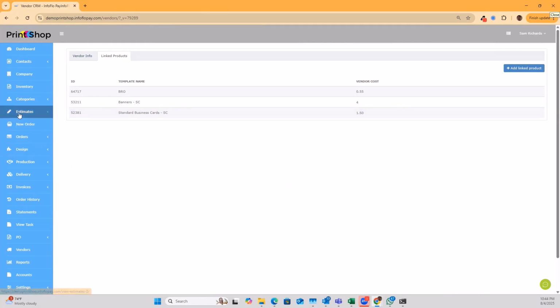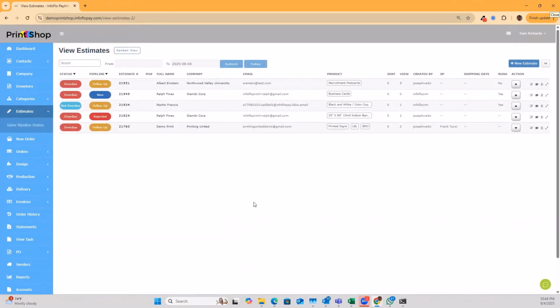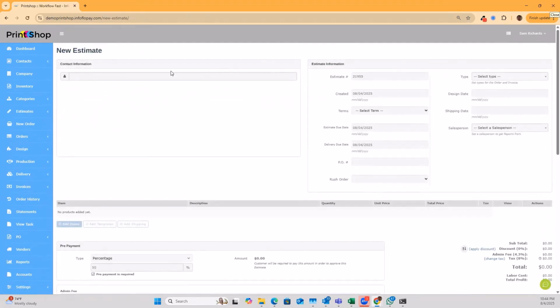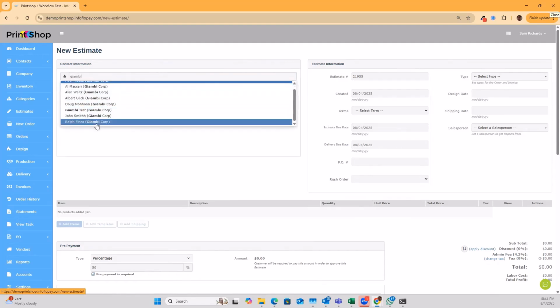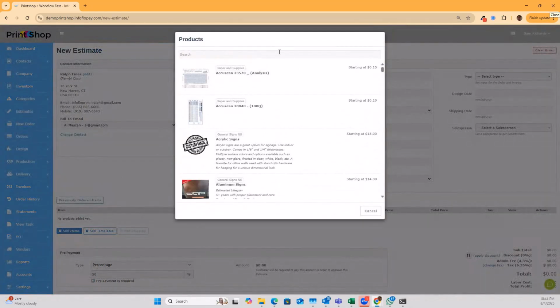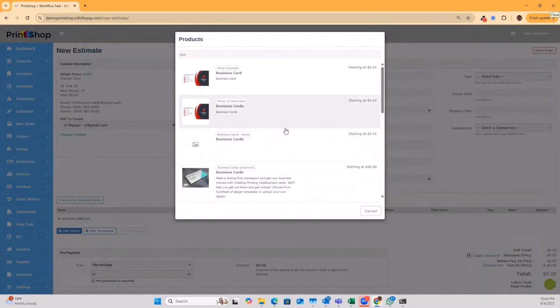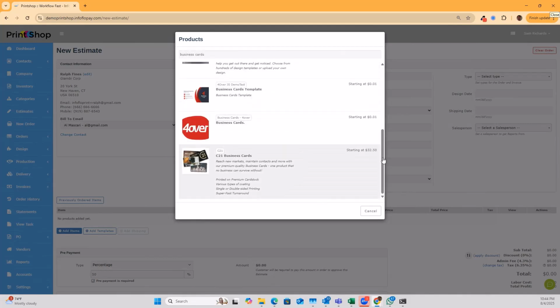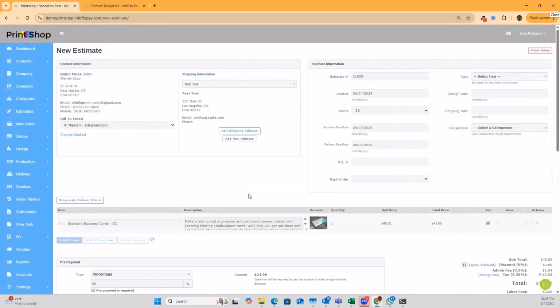So then you would go to estimates now that you've linked your products. And you would go to new estimate. I'm just going to select the test customer that I always select. And then I'm going to go to my add items and I'm going to search for my business cards product. Once I select it,